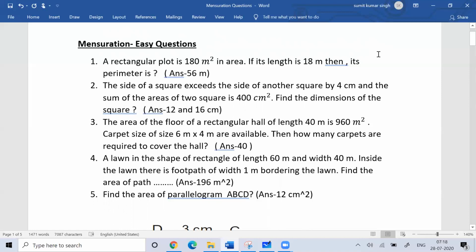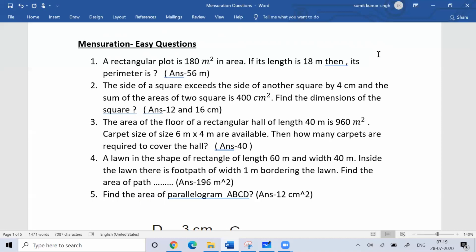Fine. And then when we talk about square, square is a rectangle where all sides are equal. So we use the property that diagonals of the square are equal. They bisect each other at right angle. So all that property we use. Then when I talk about question number three, we just use that property, because if you want to count the number of carpets, then you just need to figure out that the number of carpets into the area of one carpet should be equal to the area of the floor.